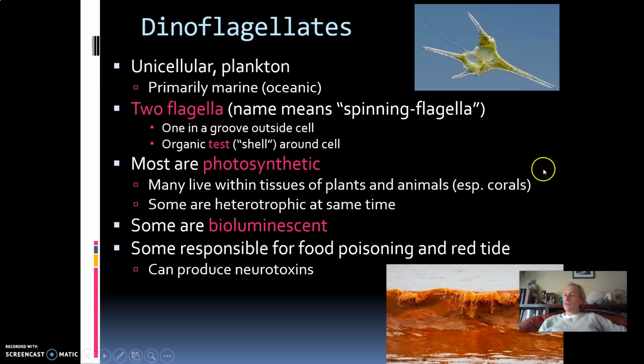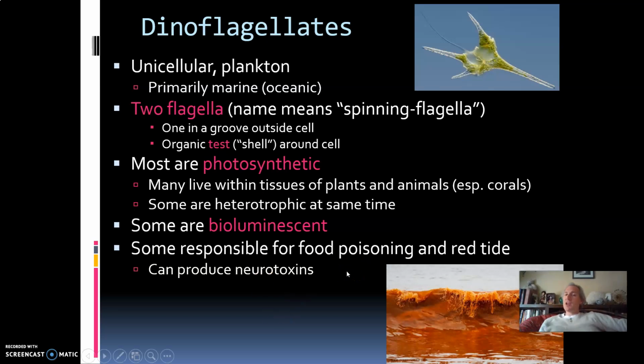So corals can't do photosynthesis, but if they have dinoflagellates living in their skin, they can actually gain the benefits of photosynthesis. So chemically, metabolically, a little bit weird. Some of these do a weird chemical trick called bioluminescence, where they glow in the dark. It's a similar concept as lightning bugs, but it's a convergent way of doing a chemical process. Instead of glowing a yellowish color like lightning bugs do, they tend to glow bluish, which is kind of cool. And then some of these are kind of toxic.